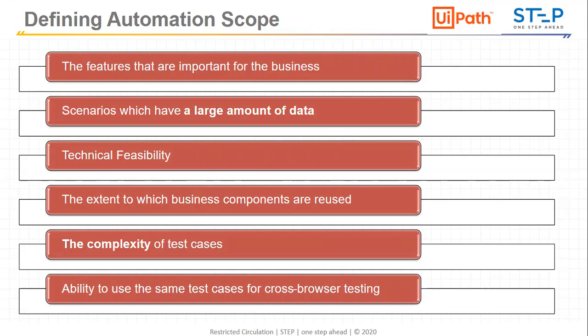So take an example like fund transfer functionality using NEFT and fund transfer functionality using IMPS. It will have the same kind of workflow, or the same kind of scenario, and only some part, maybe 20 to 30%, will change according to the object, according to the data. That's the reason we need to see how many business components we can reuse while doing the automation. So defining the scope, we can see the reusability of the automation components.